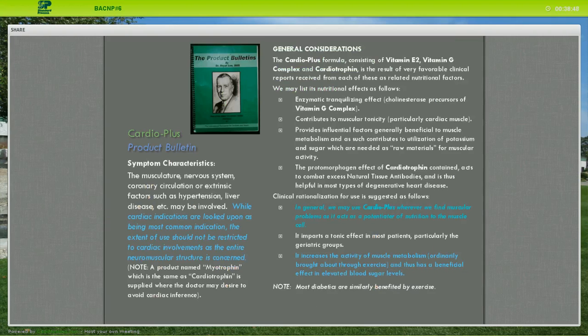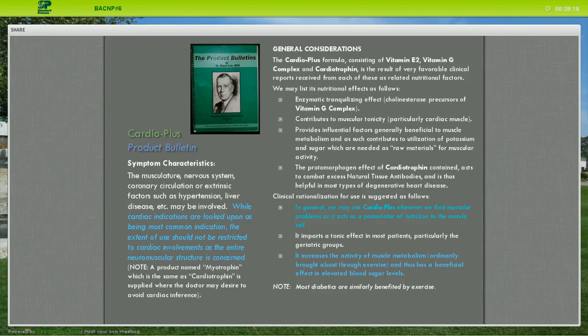Before we break into the symptom survey, let's look at Cardio Plus from the product bulletin standpoint. So Cardio Plus says, while cardiac indications are looked upon as being most common indication, the extent of use should not be restricted to cardiac involvements as the entire neuromuscular structure is concerned. So what he's saying there is, let's not look at this as a cardiovascular problem necessarily, or a cardiovascular product, but